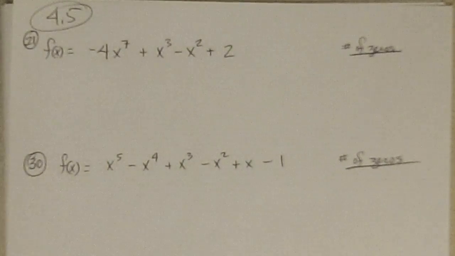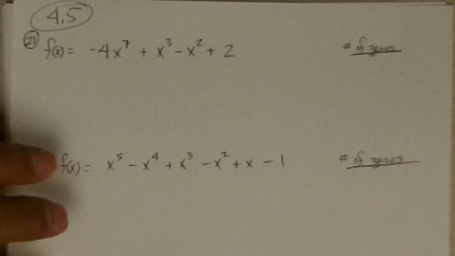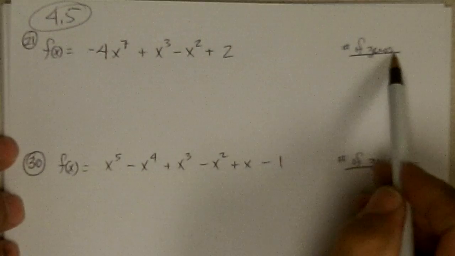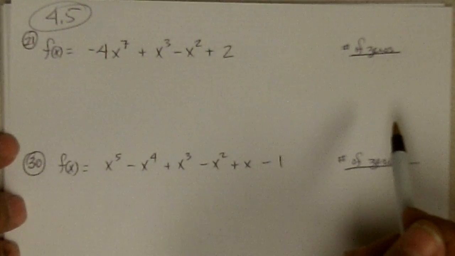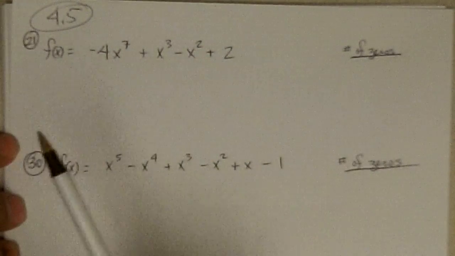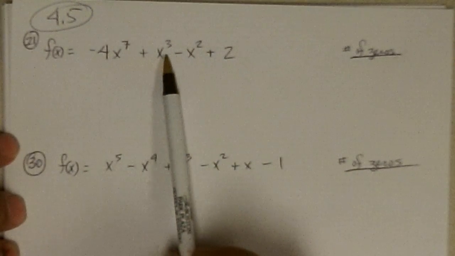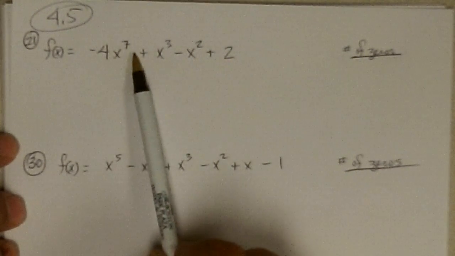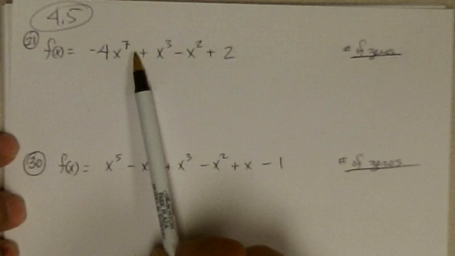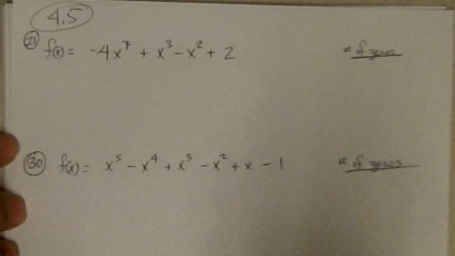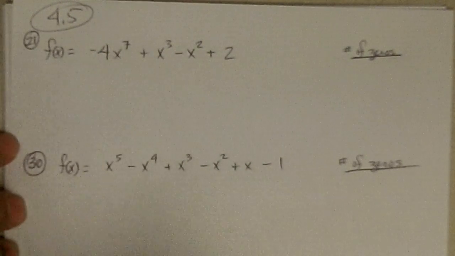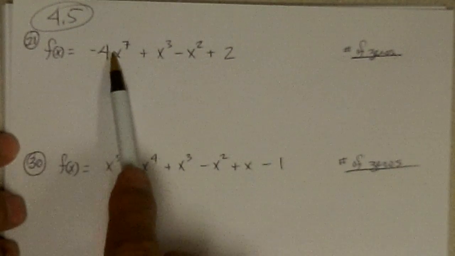All right, 4.5, 21. We're supposed to find the number of zeros, positive or negative, based on Descartes' rule. Descartes says if these are in order, 7, there's no x to the 6 or 5 or 4, x to the third, x to the second, no x to the first, and x to the 0. If these are in order, the number of sign changes